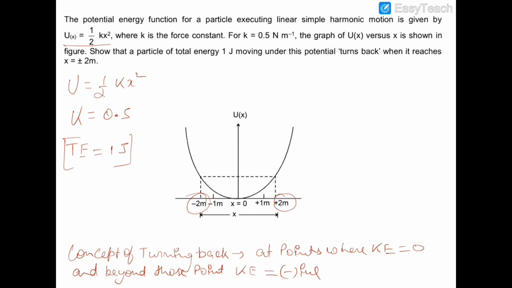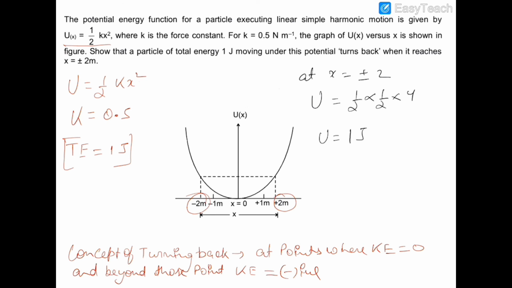Now we have to justify and prove that this particle will not cross the point x is equal to plus 2 and neither the point x is equal to minus 2, and for that we can see that at x is equal to plus or minus 2 the potential energy of the particle is equal to half times k, which is half, times 4, for either plus 2 or minus 2,